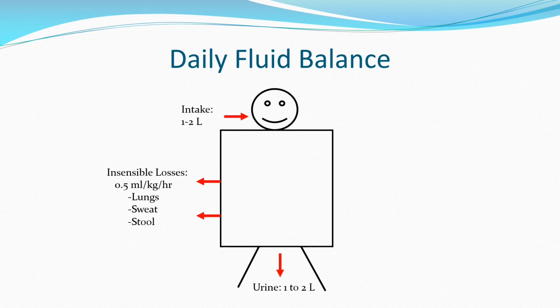When you give maintenance IV fluids to a patient who is NPO, you want to make sure to give 0.5 mL per kilo per hour based on ideal body weight in the form of free water so that the patient is not becoming dehydrated while being kept NPO. If you don't give enough free water to a patient who's NPO, that patient will eventually become hypernatremic due to